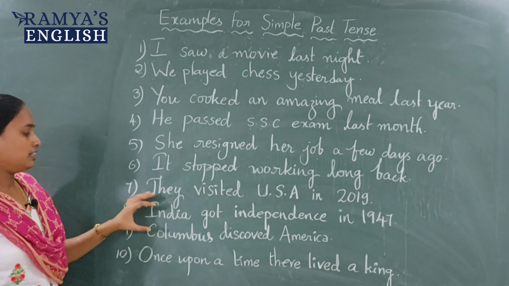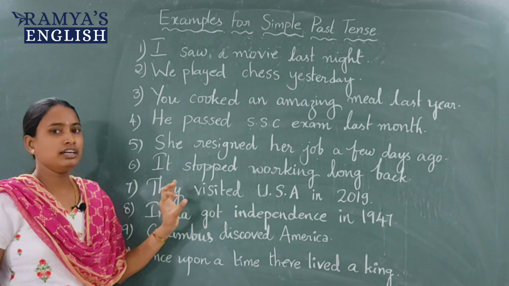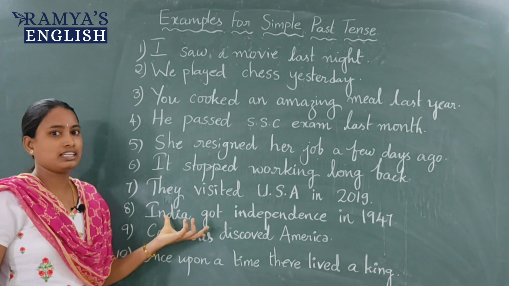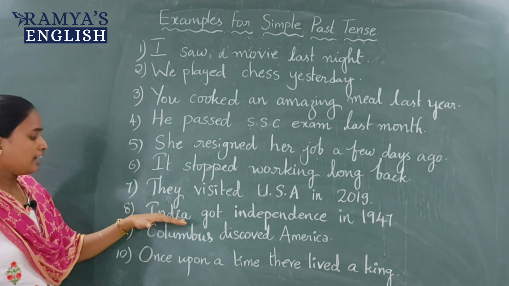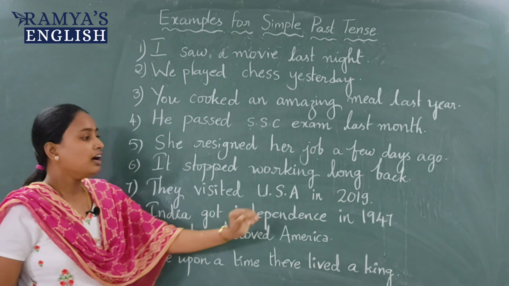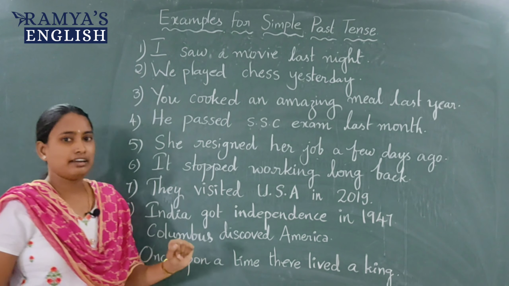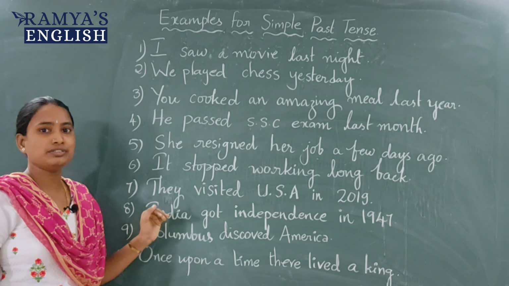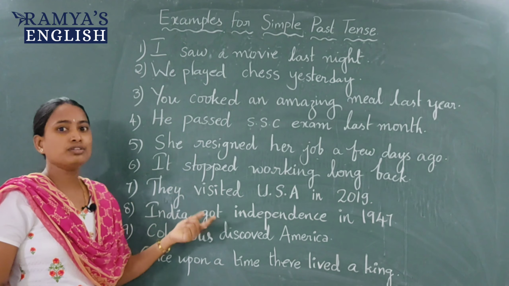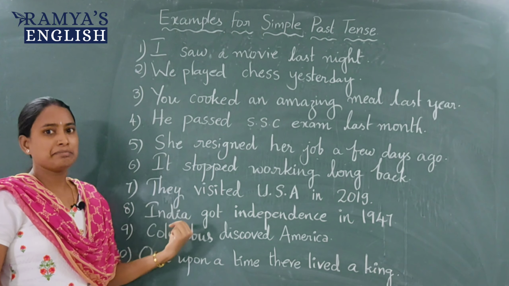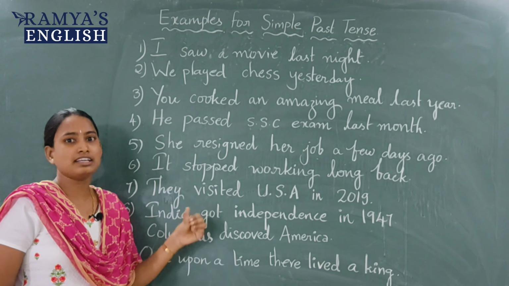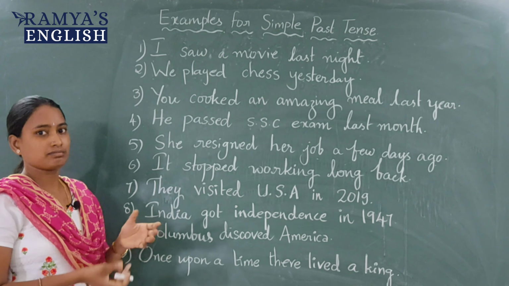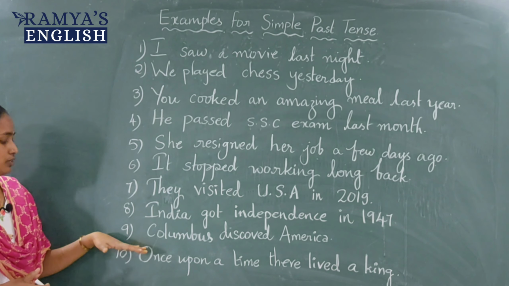So this is a sentence which is familiar to everyone and it is known by everyone. It is a universal fact, a historical incident. So that's why here we have used simple past tense along with this year 1947. So definitely you have to mention this year because here we are using simple past tense. We know that year, that's why we are using simple past tense. If you want to use simple past tense, we should use the year. So both are interrelated to each other. So definitely we have to use the year.